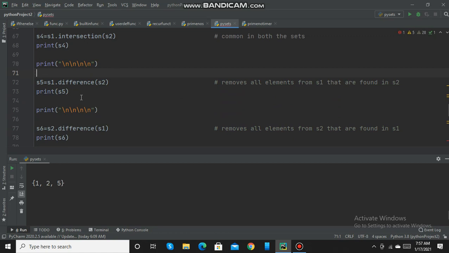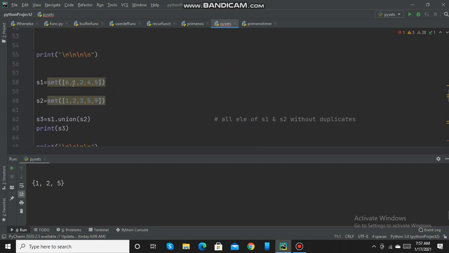Now difference. The difference operation is performed on two sets, S1 and S2, and it will return elements which are present in S1 but not in S2. That is 6 and 4, which are present in S1 but not in S2.